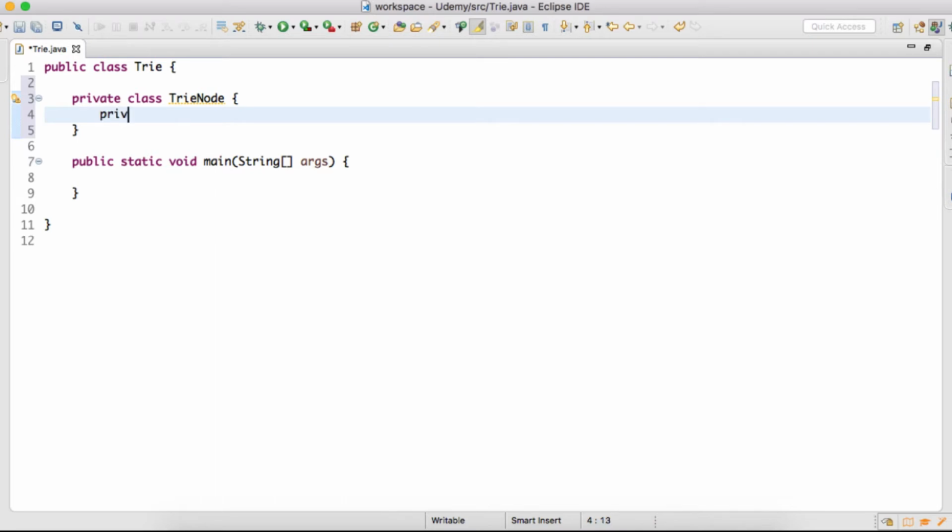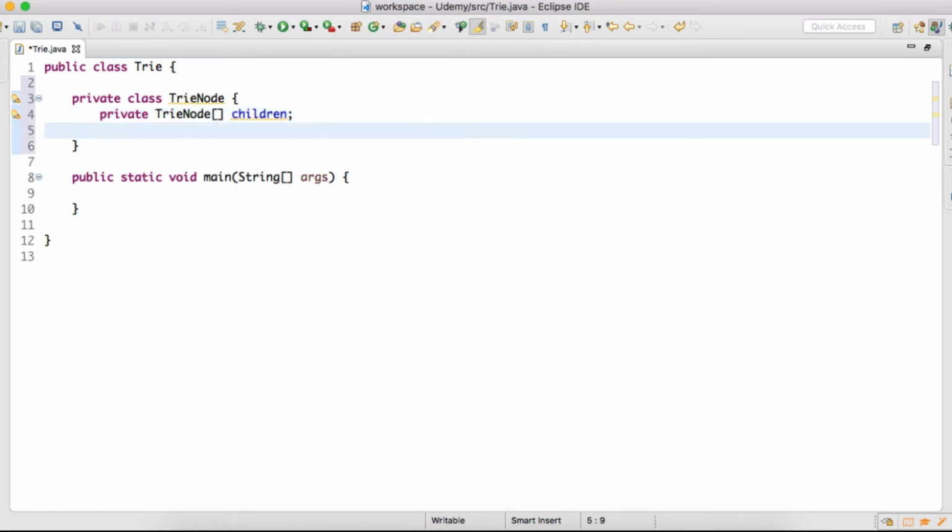One is a TrieNode array, which are nothing but the children of this trie node. The other data member is a boolean value, which signifies that this trie node is the end of a word. So we'll give it the name isWord.